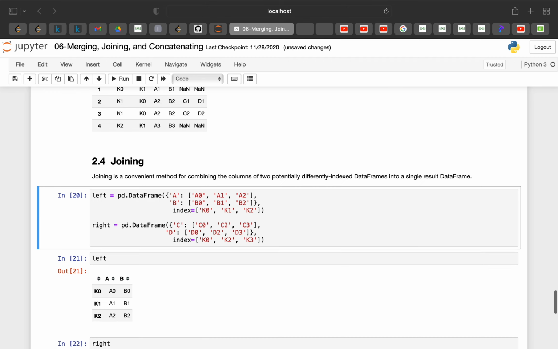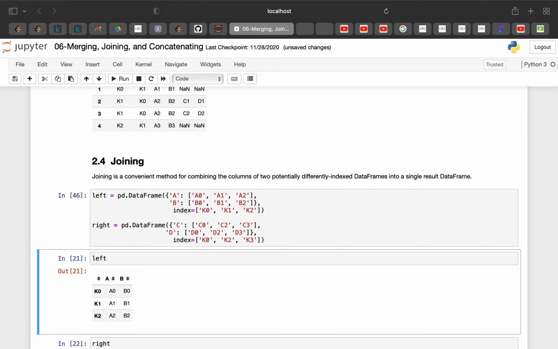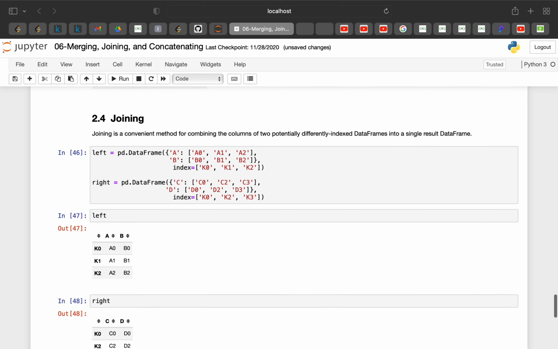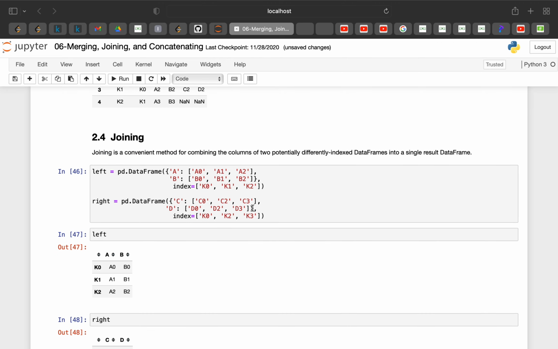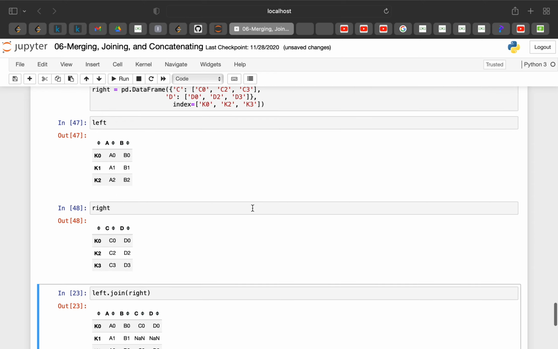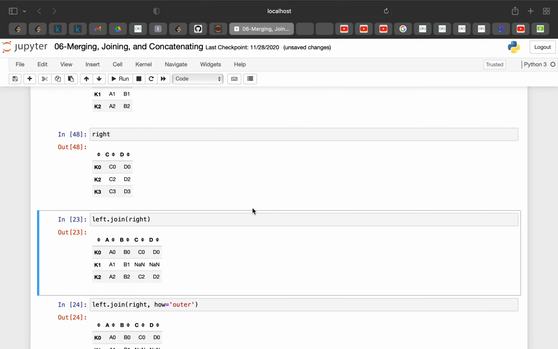Similarly you can do left also. Left will consider the left data frame as a reference, and it will perform our merging. Now joining is kind of similar to merging. So I have my left data frame, I have right data frame. I have created two simple data frames, and I'm having my axis as key K0, K1. So what join will do, join looks for that common key, and it will join in that particular operation.